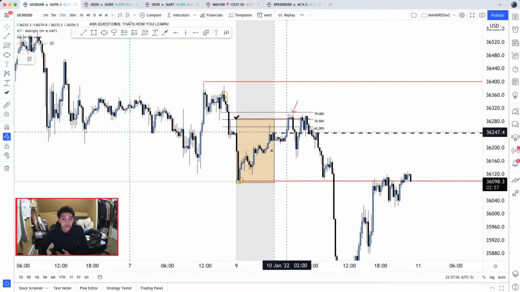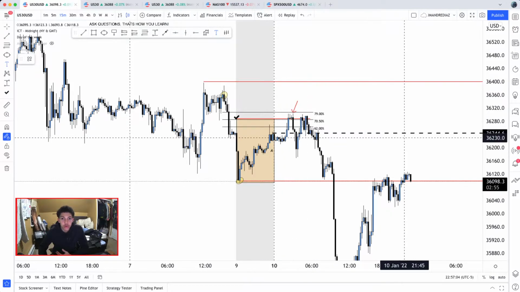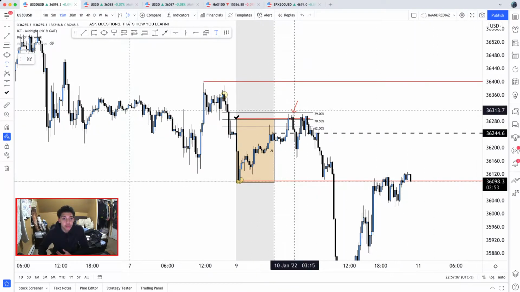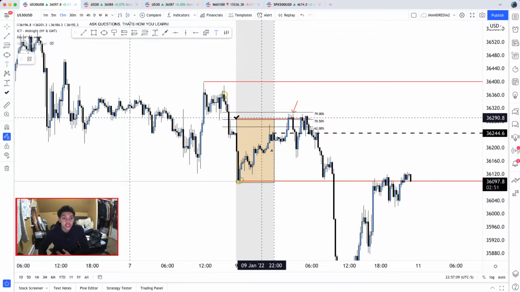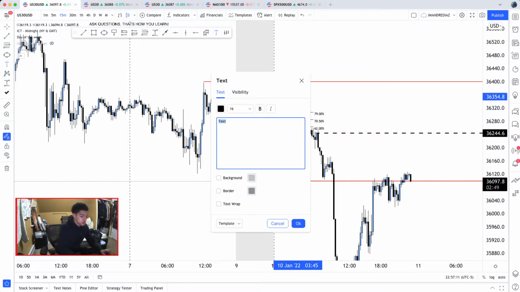Price traded above the 12 a.m. area, the 12 a.m. line, I'm going to say, into a fib short after clearing the Asian session highs during the London session. So we have the high of the day. Okay, and I'm going to put in capitals after clearing Asian range high plus fib short